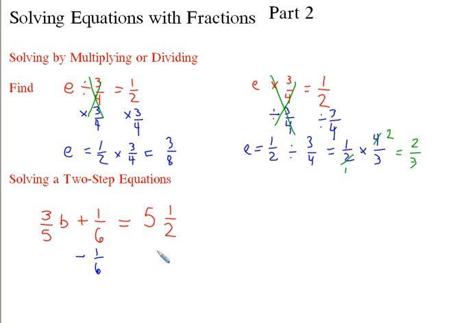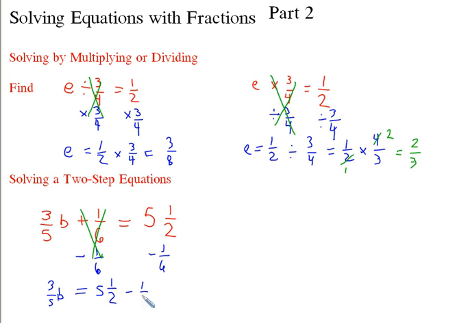We do that just like we would in any addition problem. So we subtract the 1/6, and now we're just left with 3/5 b, because remember, this whole part cancels out. So that's equal to 5.5